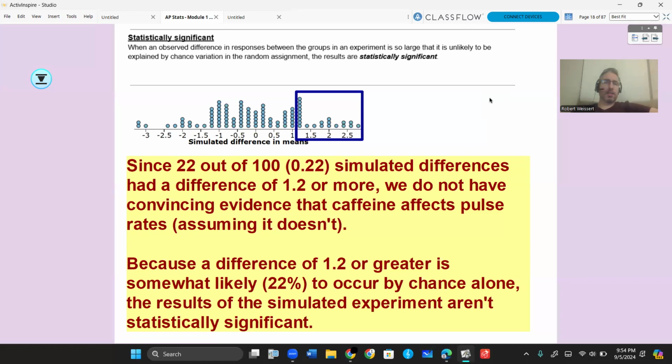So that's not statistically significant. What we're looking for on there is numbers that are less than 5%. That's generally the standard for looking for those percentages. So if my difference was like